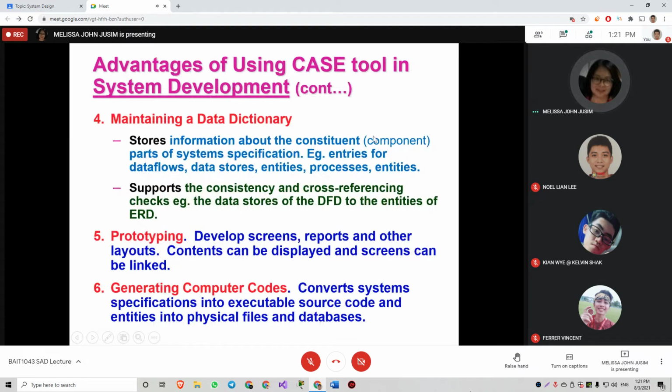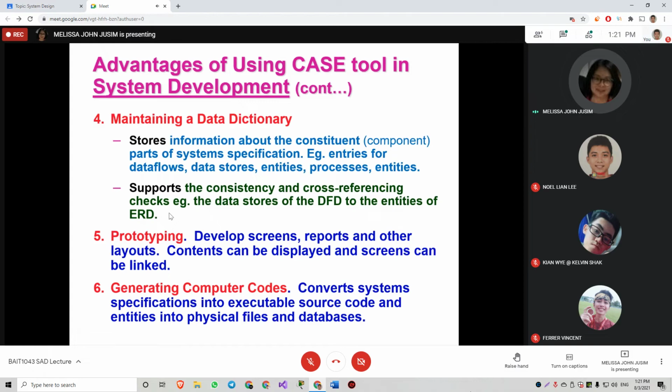When we have this, there's a consistency and cross-referencing check between the data store in the DFD and the entity of the ERD. I believe we have covered this when we learned how to draw the DFD, and after that we learned how to draw the ERD, right?